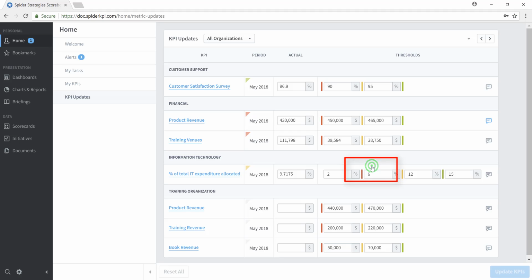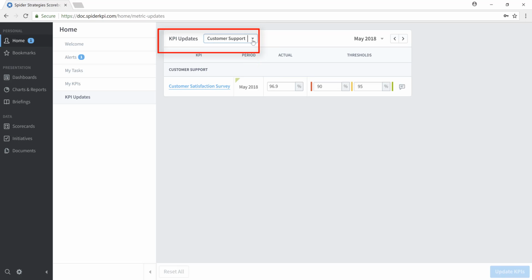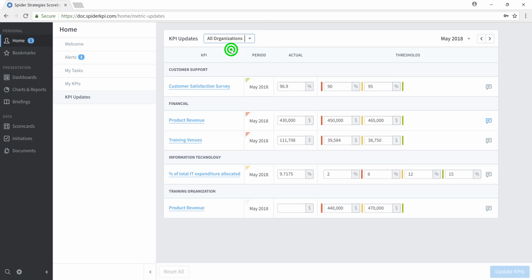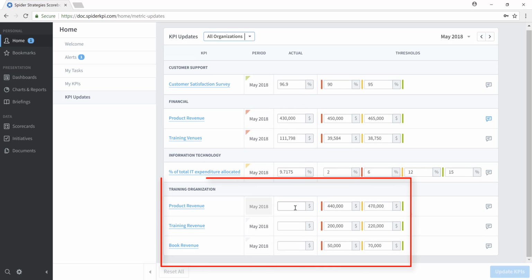We'll click on KPIs I update, and this provides you with a consolidated view of all KPIs that you have been assigned updater responsibility for. Please note that you can filter down and reduce the quantity of KPIs visible to you using the drop-down filter at the top. In this case, we'll leave it at all organizations and acknowledge that for the month of May 2018, under the training organization, we have not yet, as updaters of these KPIs, provided information for product revenue, training